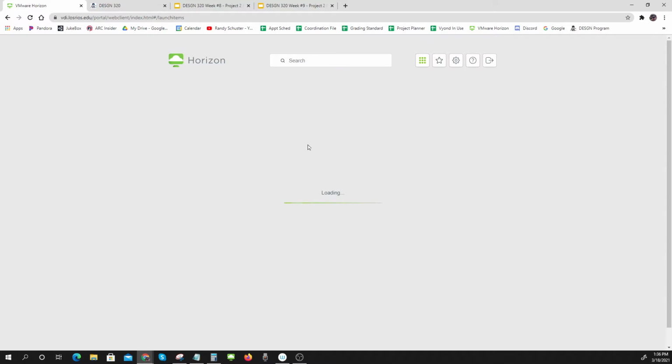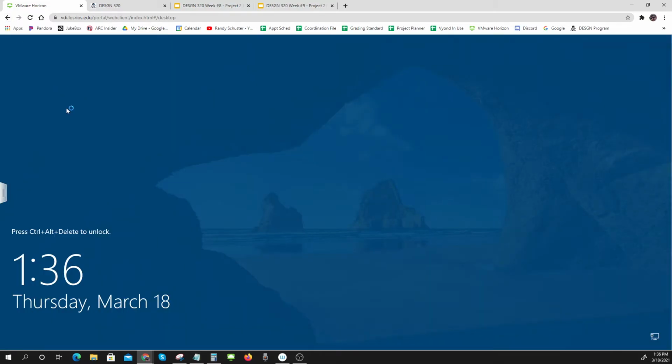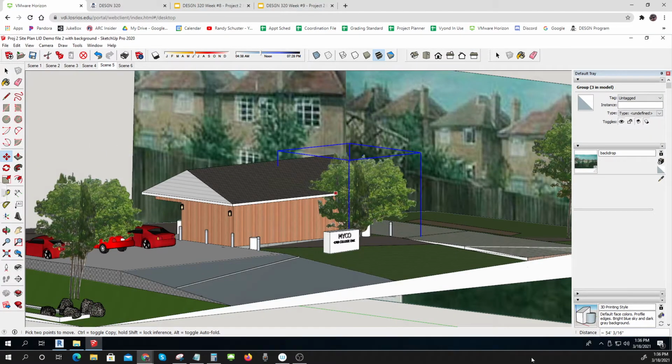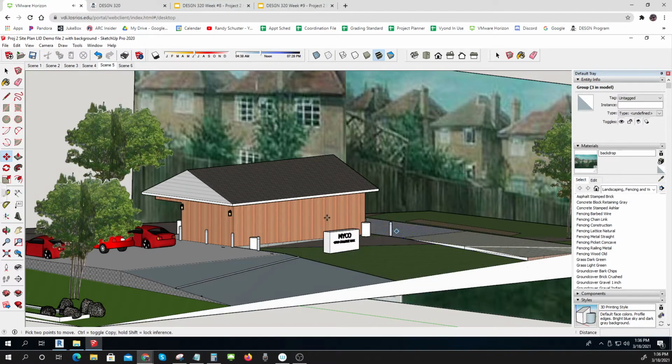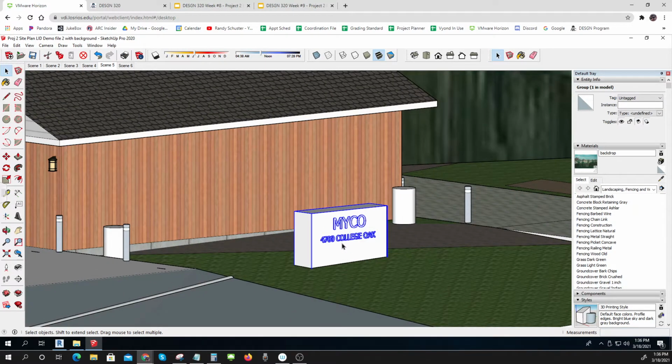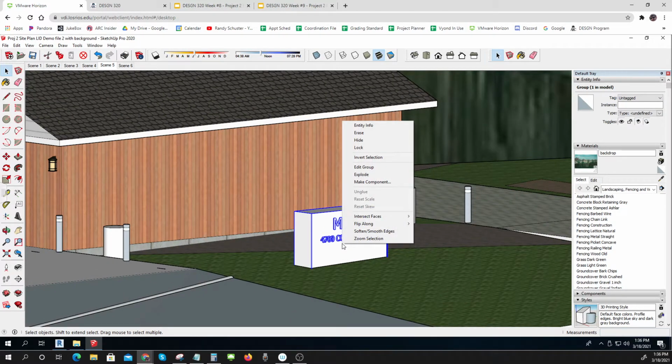I think I know how to do this. Okay, so I've made a group out of this. It's in SketchUp, and I think